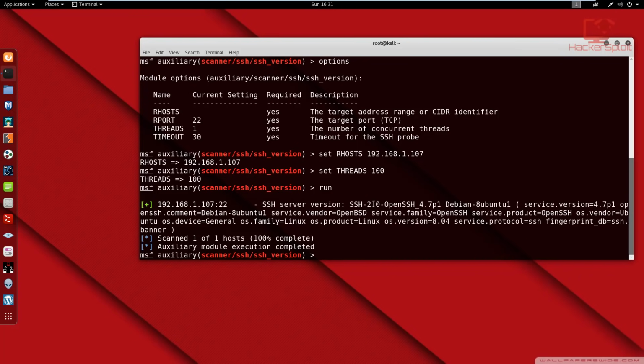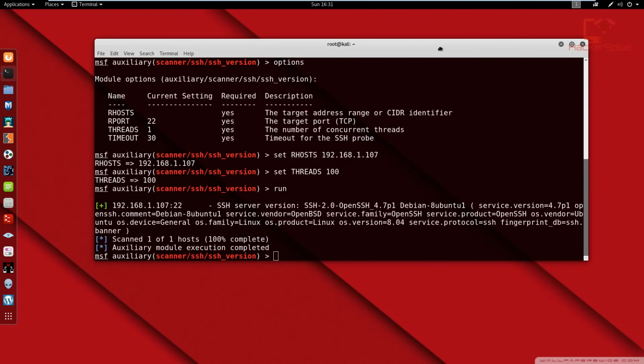SSH version running, SSH version 2.0 OpenSSH. It's running Ubuntu, and the version number is written there. Again, this can be valuable information. You could find exploits related to the version of SSH running, and that's for the exploitation stage, which we'll be getting to. But it's important to know how to use the Metasploit